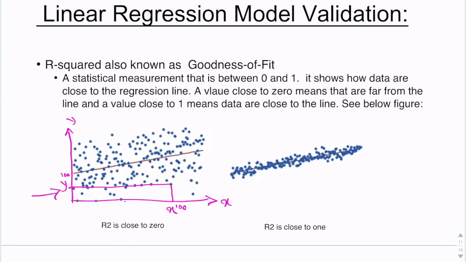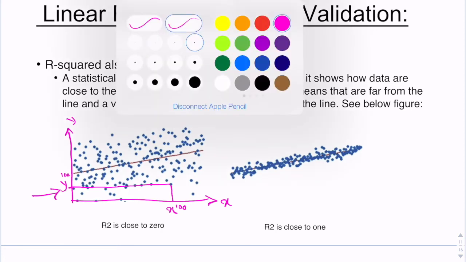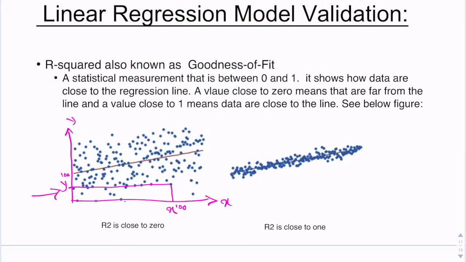Then this line is how you find the best prediction. If you want to find a prediction for x100 based on this line, we basically use this value, and this is the best estimation for y100. And this is the difference between the predicted and the true value,